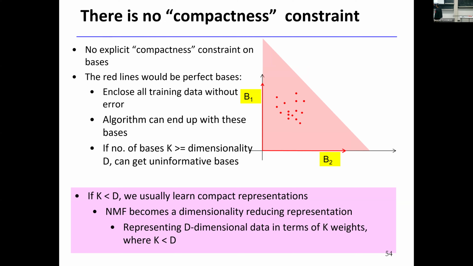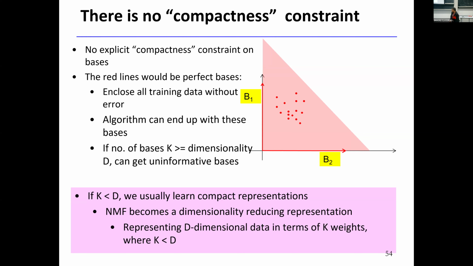So observe that something strange happened here. I didn't actually impose any constraint of compactness. If I just use my axes as my bases, my axes are perfectly non-negative, right? They would have enclosed everything without any error, but they'd have been completely meaningless. I needed them to come close and make a compact enclosure of the data for the bases to actually begin